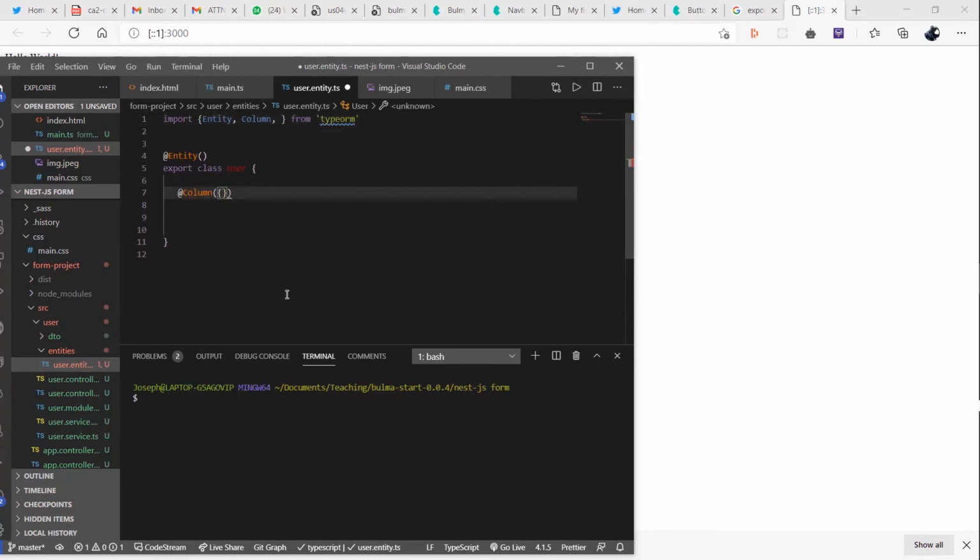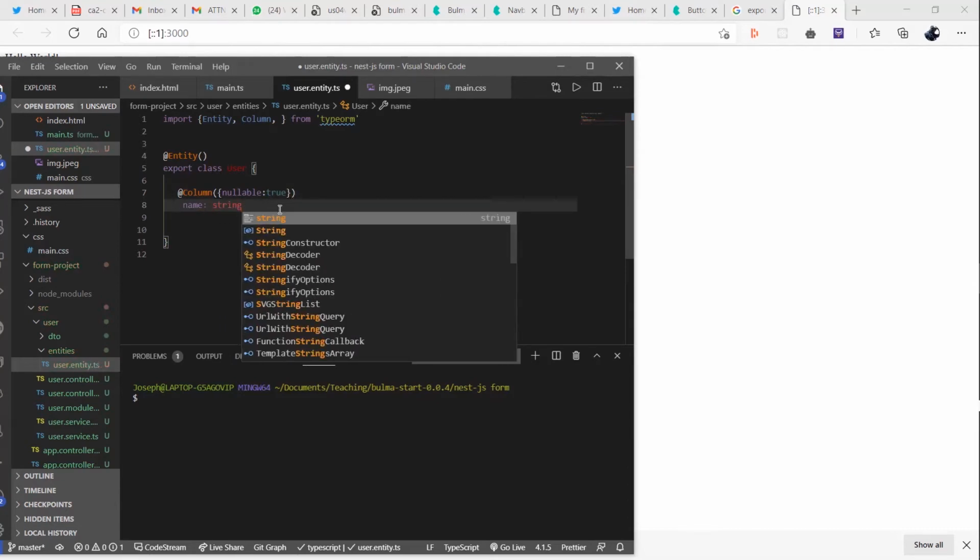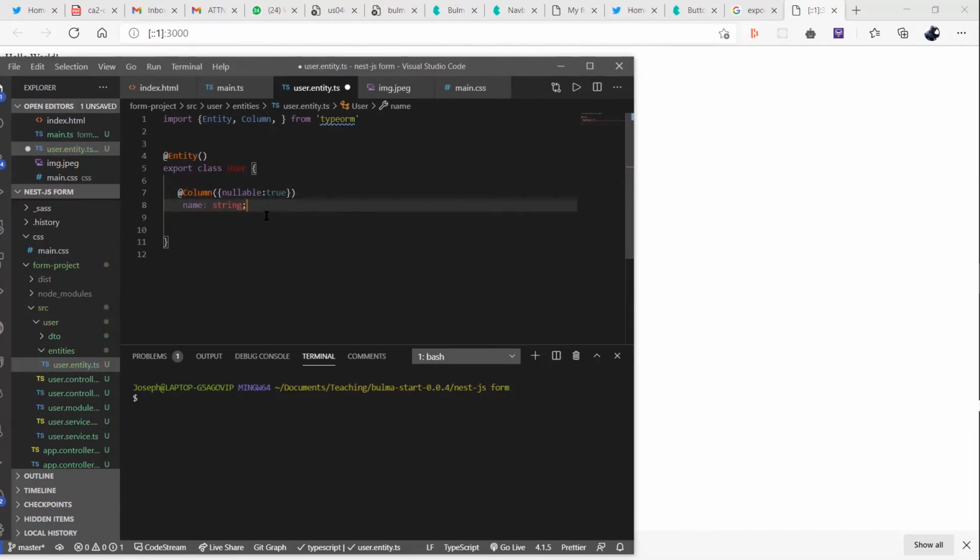For our first column, let's just set everything to nullable. Nullable means can it be empty? At first you might not populate it, so let's just leave it at nullable. You'll understand that in future as we go on. So first column, name, then you put the type of the data that this column will accept, and then we